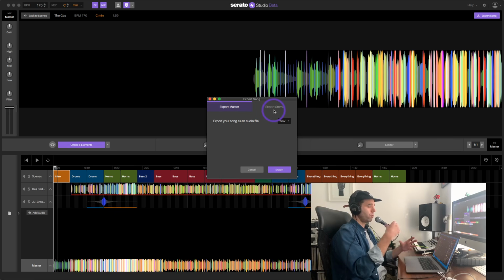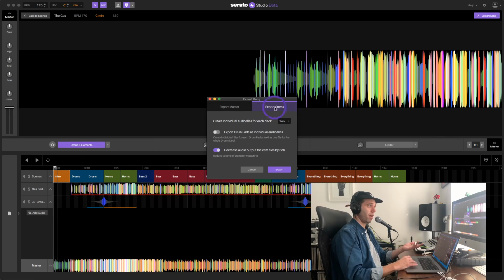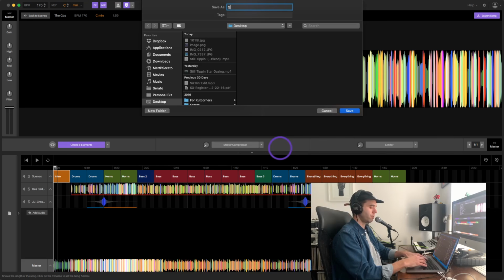So, if you want to bounce out stems, you can do that in the master here and the export stems. And you can bounce out all the individual sounds in the drum rack, so you can have full control over that. You can decrease the audio by 6 dB, so that when you bring it into your DAW, it will be at a nice level, and you can pull it into Pro Tools or Ableton or Logic or whatever you use, and do all the other things that you do in those programs, but with the benefit obviously of Serato. So I'll just export this as stems, and I'll call this Gas Me Up